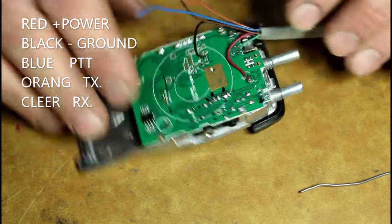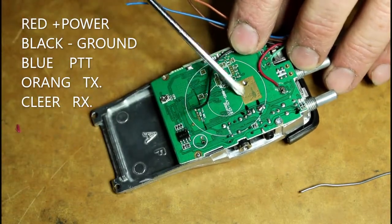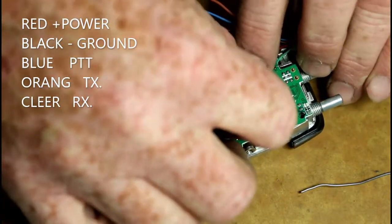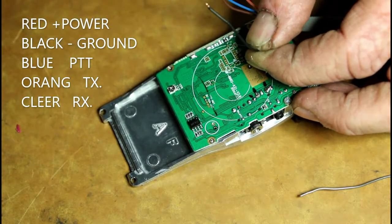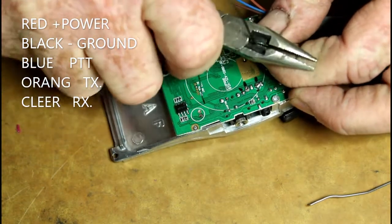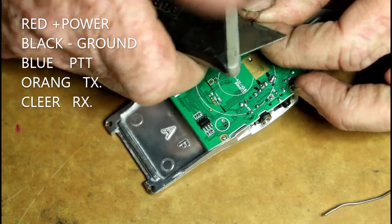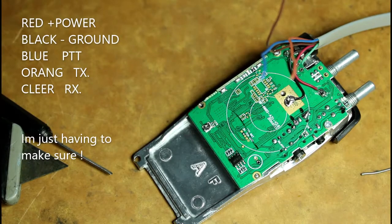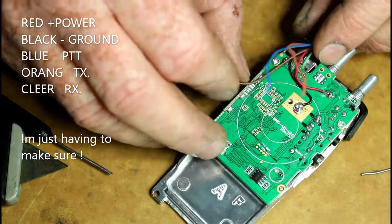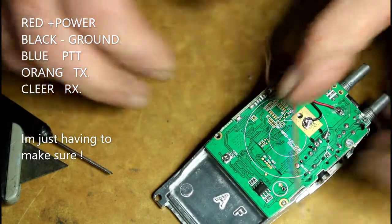Done. Now we'll do our ground that we're going to connect to this surface here, because it's an excellent grounding position. So we're going to measure that one out, and we will cut the size on that one. Alright, now pause. The PTT is going to be this one, should be the second one down. There, and I need